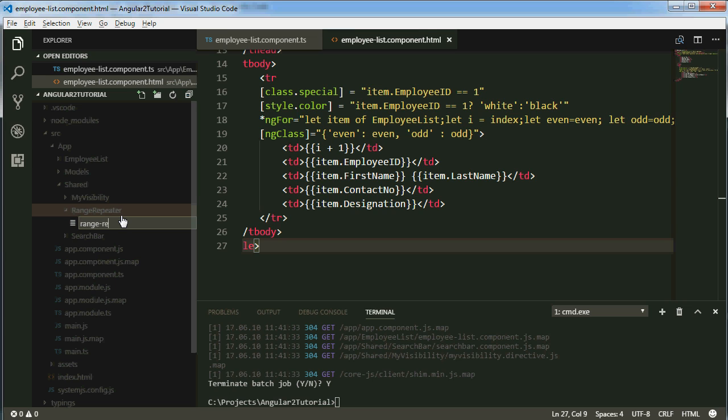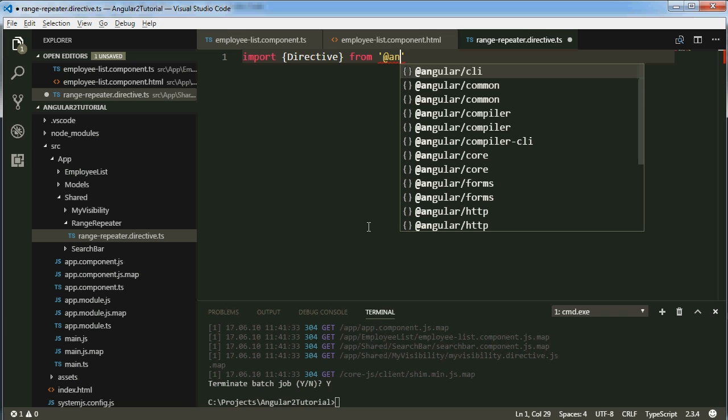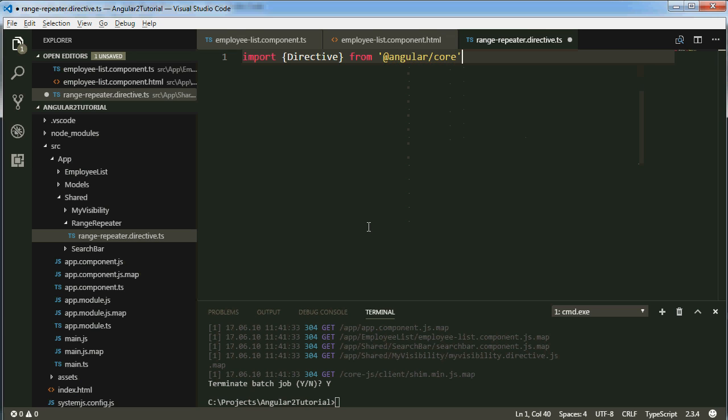range repeater dot directive dot ts. Okay, so first of all I have to import directive from Angular core. Okay, and then I will write one class with export keyword,